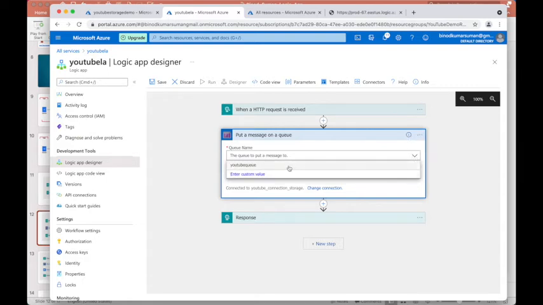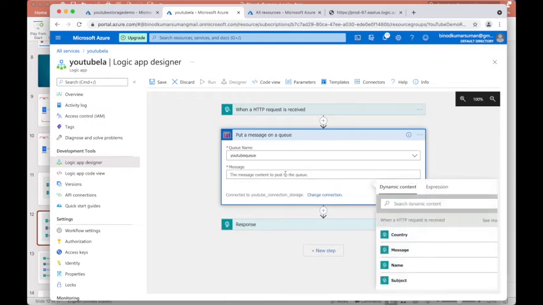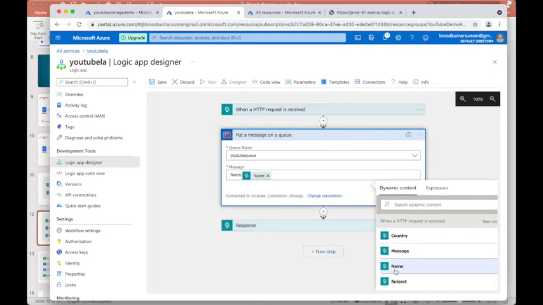So we created this queue, YouTube, and what message you want to put. I have already the message name. I can take the name from here, the subject from here, the message here, and the country here.